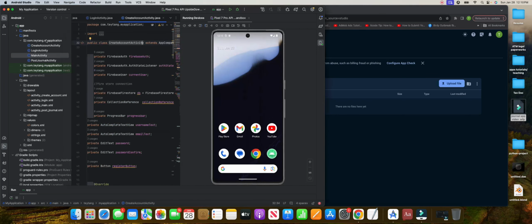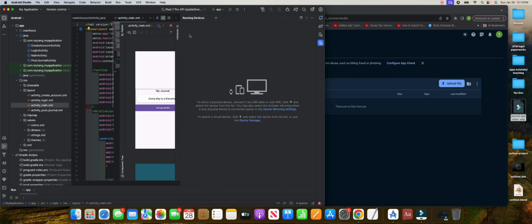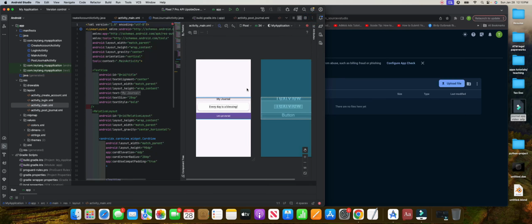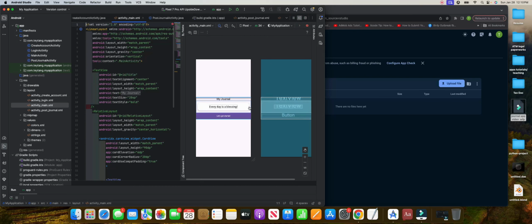When you do that, you should have something like this where you'll have a main here, but you won't have all this yet. This you will have to create later. You will have a main activity, and inside your layout you will have another main activity XML. This represents your main activity. So for the main activity, what I did was I created a simple layout that looks like that. Let me show you. I'll close this like this, and make sure you're in this view where you can see both the design view and the